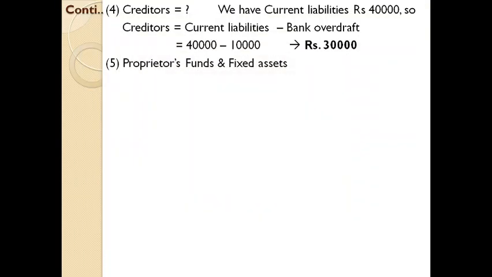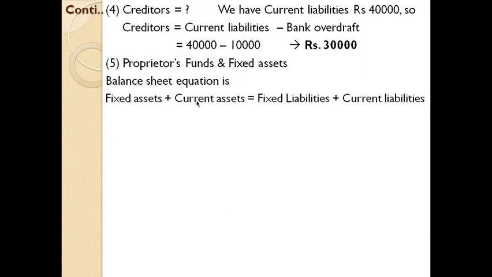So on the basis of that information, you are going to find proprietor's fund and fixed assets. For that you need to remember the balance sheet equation. We know that assets equal liabilities, and assets include fixed assets and current assets, and liabilities include fixed liabilities and current liabilities. We are all familiar with this equation, and on the basis of this equation we are going to find proprietor's fund